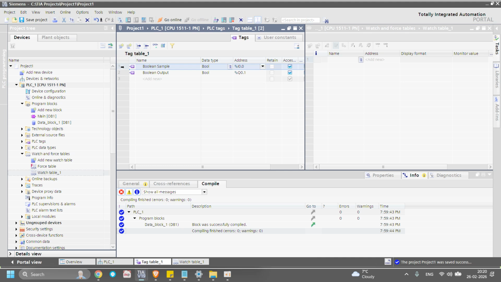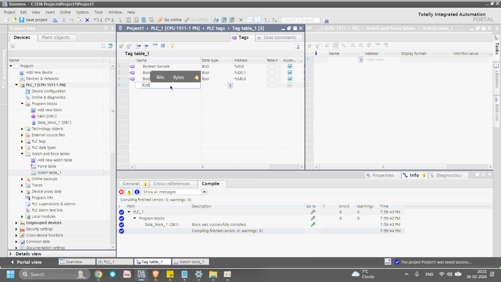If you push the push button, if you want to program it, the light will glow. Then if you are pressing the push button, that will be 1 and the output also will be 1. That is the output of boolean. The same thing, next we can call this a memory bit, so boolean memory, we can call it as M, M 0.0. So this is the boolean.